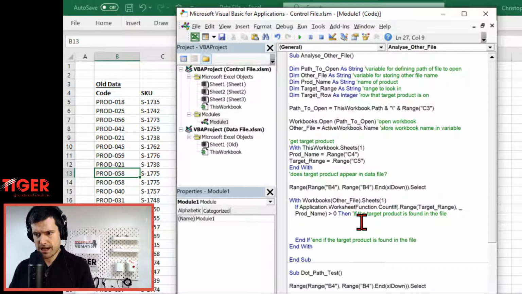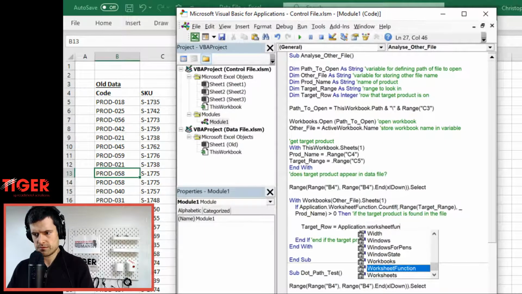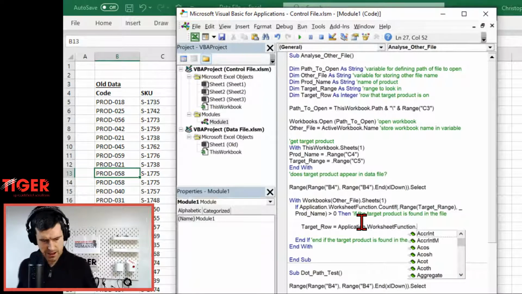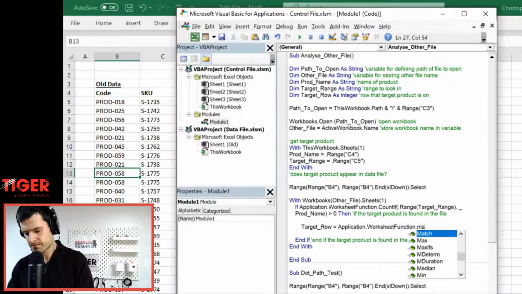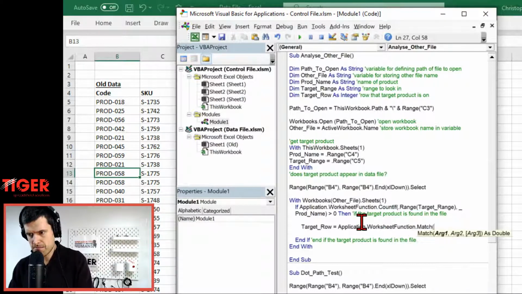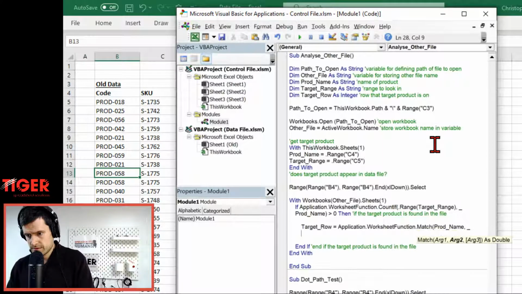Okay, so target row. And what formula are we going to use here? Do you know? Can anybody tell me what formula we're going to use here? And we're going to use match. So what's the value that we're looking for? We're looking for this product name. And then the range. Well, the range is going to be target range, of course. So you can see again, our variables are really helping us here. And then 0 is the final